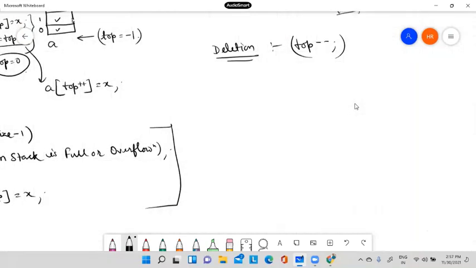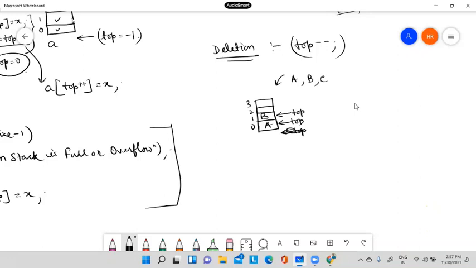See the picture. Suppose I have a stack of 4 elements: 0, 1, 2, 3. Top is at -1. If I insert a, first top plus plus, top will come into this position, and a will be inserted. Then if I insert b, top plus plus, pre-increment first, top will come into this position, b is inserted.